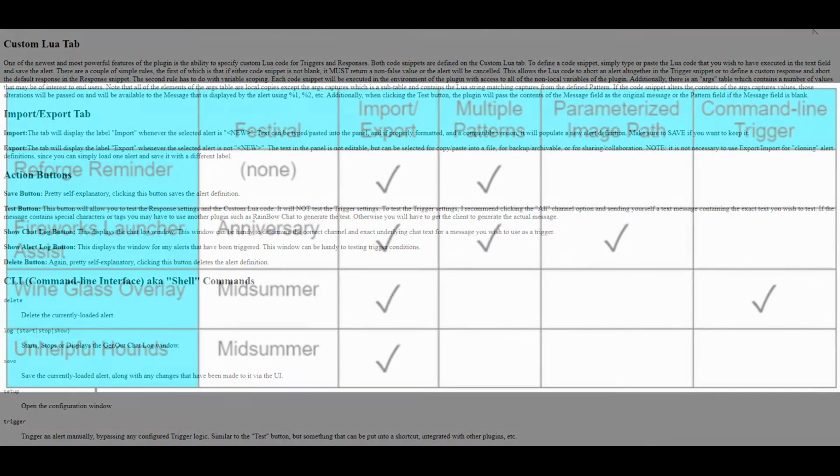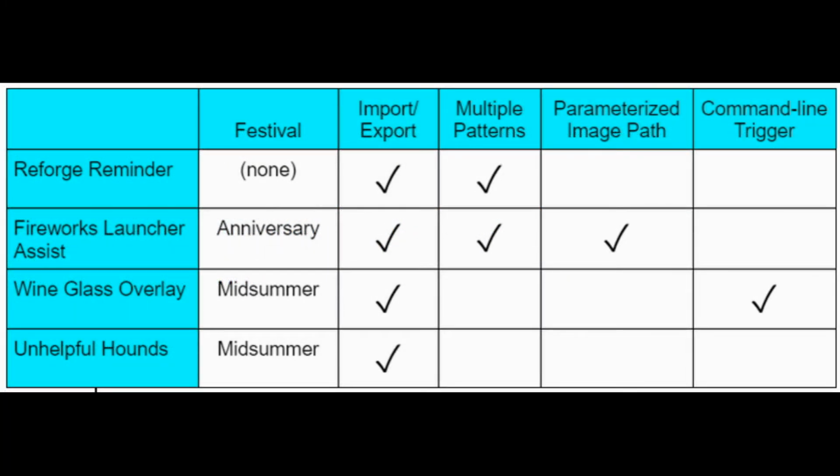One of the new features is an import-export capability, and that enables me to package a bunch of use cases in the plugin, and two of the use cases that I've packaged are related to Midsummer, and Midsummer is quickly running out, so I want to get it out there. I want to get a demo out there so people can see it and hopefully get some use out of it. So here's a matrix of